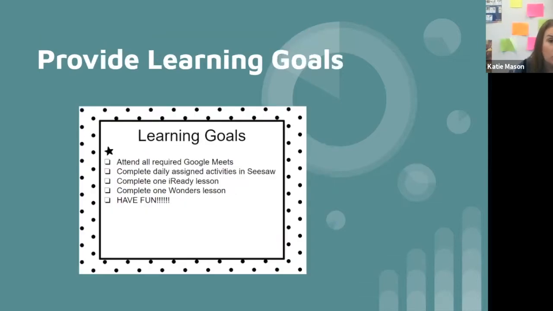And provide learning goals or learning targets. If you post those and refer to them, then students know what's expected, where we're going. What am I doing in this lesson? Why am I doing that? What do I need? If you're in a virtual setting, it's really nice to offer check-off boxes, like you need to do your Seesaw lesson, you need to do your math lesson, you need to do your ELA lesson. Then they would just check them off so they knew, okay, I've completed my tasks for the day. That really can help those students.